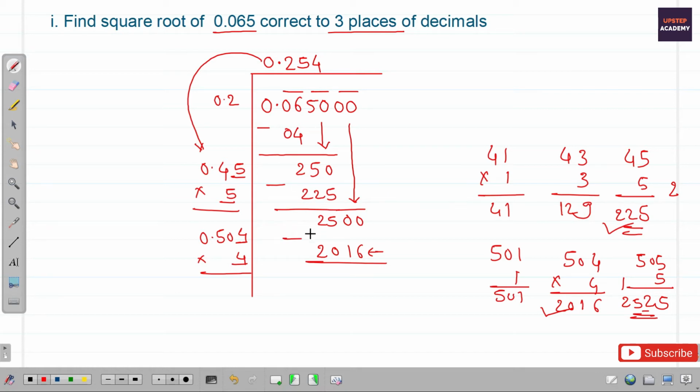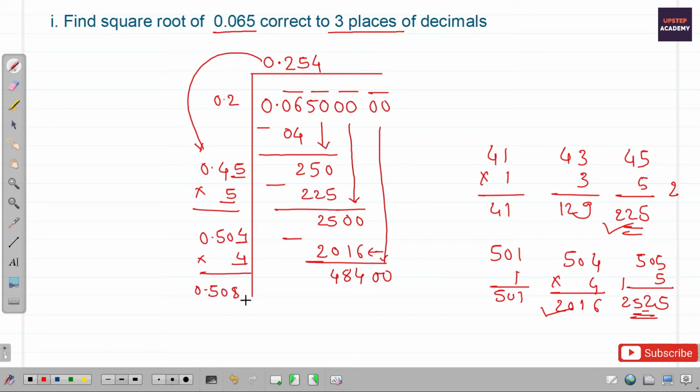So let us check which number comes after it. First of all, the subtraction over here, 2500 minus 2016 will be 484, and let us take one more group over here. This group will come here directly, so 00 will be the number present over here. Let us double this 0.254 and write it here. After doubling 0.254, the number that will come is